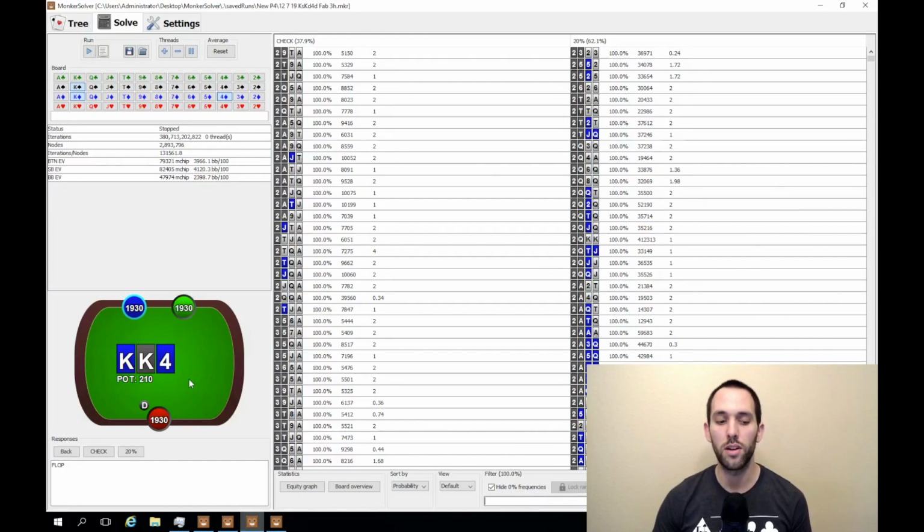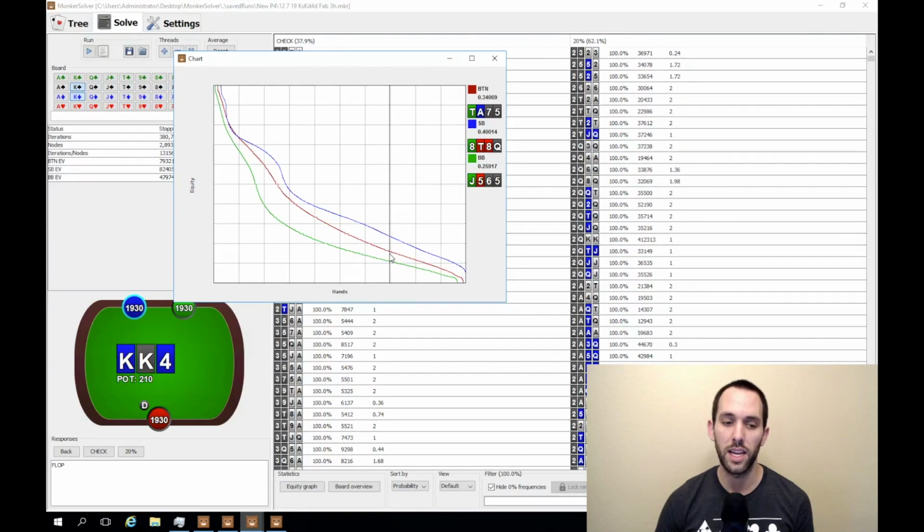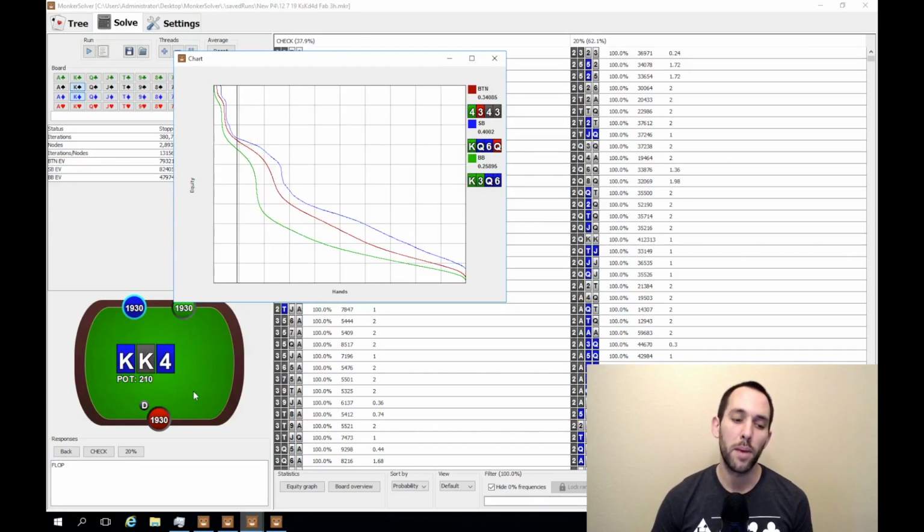Whenever we change the board from Jack-Jack-8 rainbow to King-King-4 two-tone, we offer the small blind the same option. We see that this is essentially the same position, and the small blind again should be leading the vast majority of his range. Again, small blind being the blue line here. In this situation, he has a hair over 40% equity, with the weaker range again being the big blind, only having 26% equity and doing very poorly on some of these paired high-card boards like Jack-Jack-8 or King-King-4,